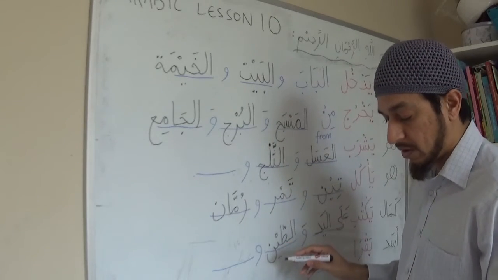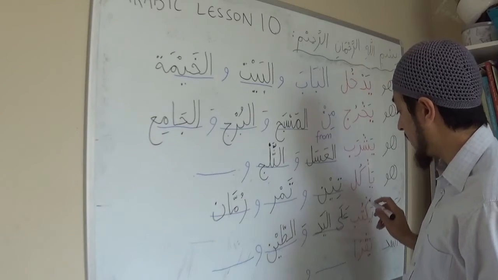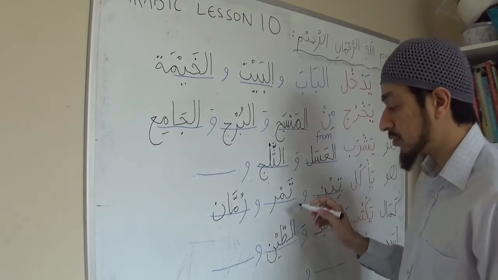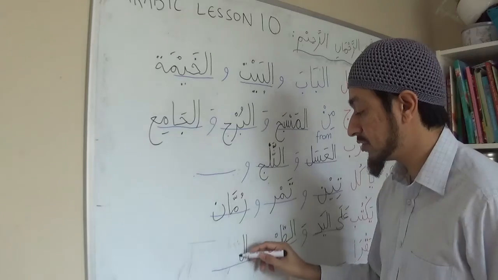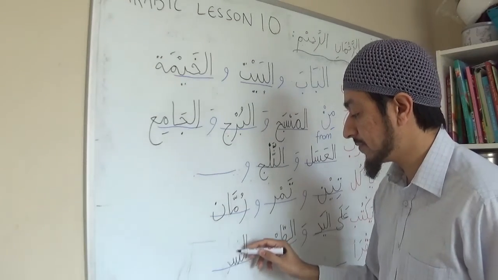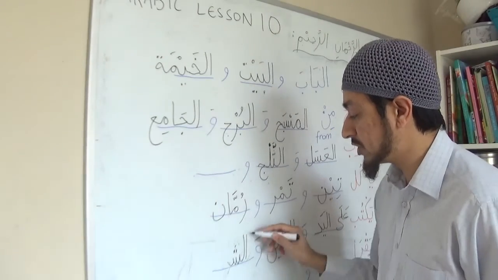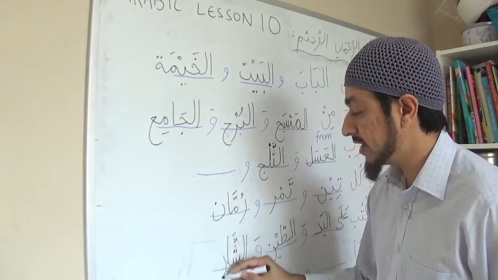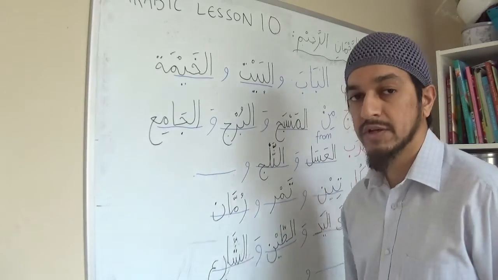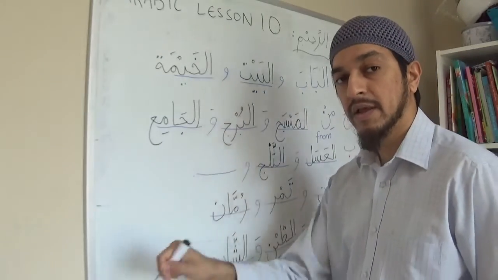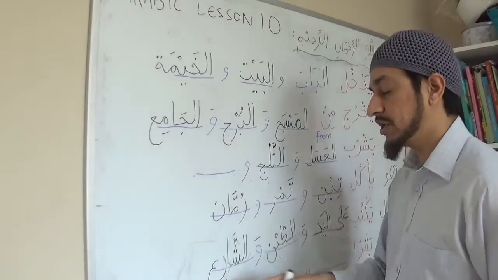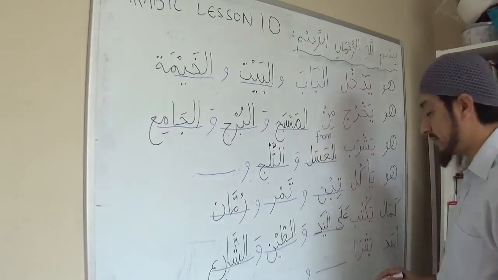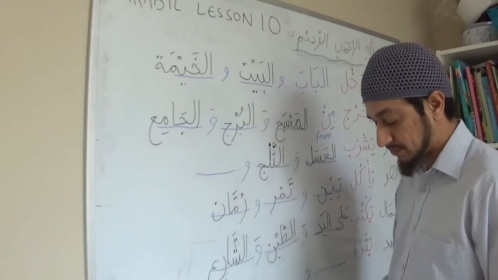And finally, Kamal yaktub ala al-yad. Wat-teen. Wash-shari'. Sheen is a shamsiya letter, you go straight into that. Wash-shari'. He's writing on the street. So with chalks, kids they play and they do hopscotch, those kind of games. So wash-shari'.